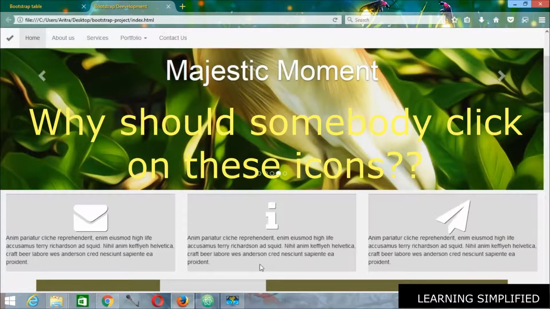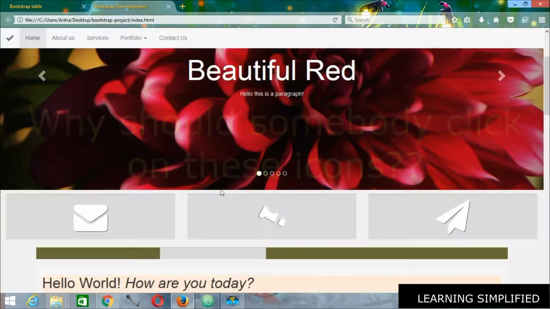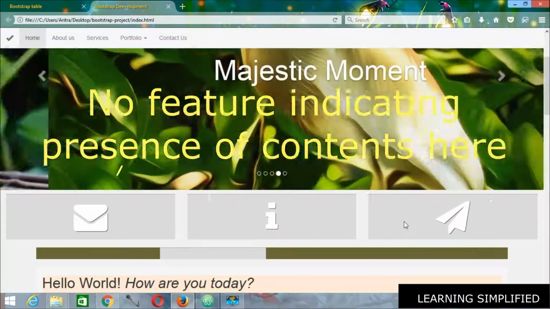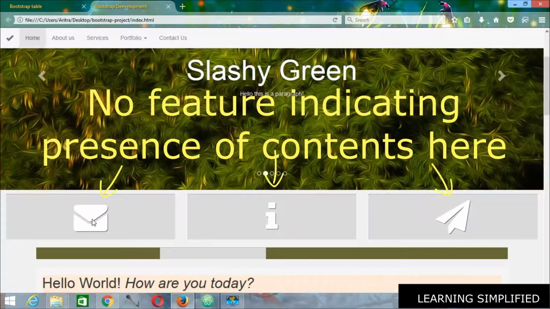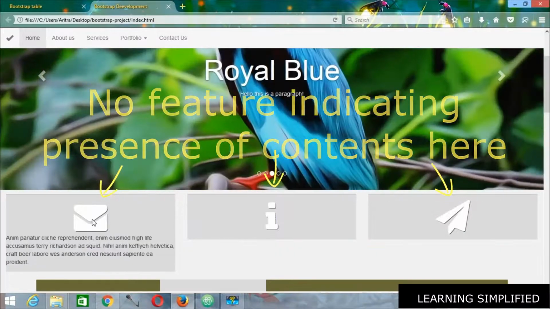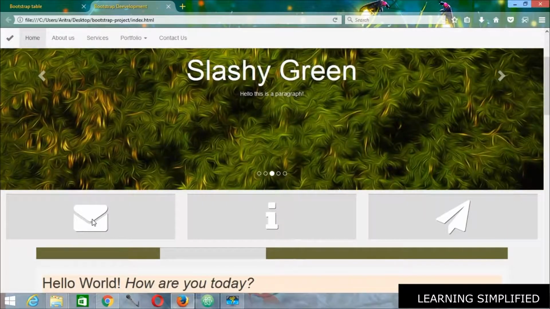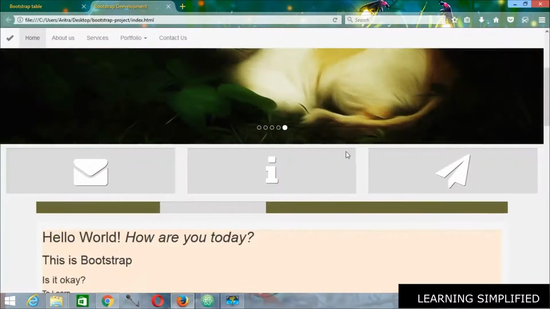Now the question is, why should somebody click onto this? I mean, if you just reload and view again, all you are seeing here is just a rotating icon. These are practically indicating nothing. Everything looks blank, and unfortunately or accidentally, if someone clicks over it, then he sees some content. This is not the ideal example that you want to show on your website. So that is why you need to make some modification here.